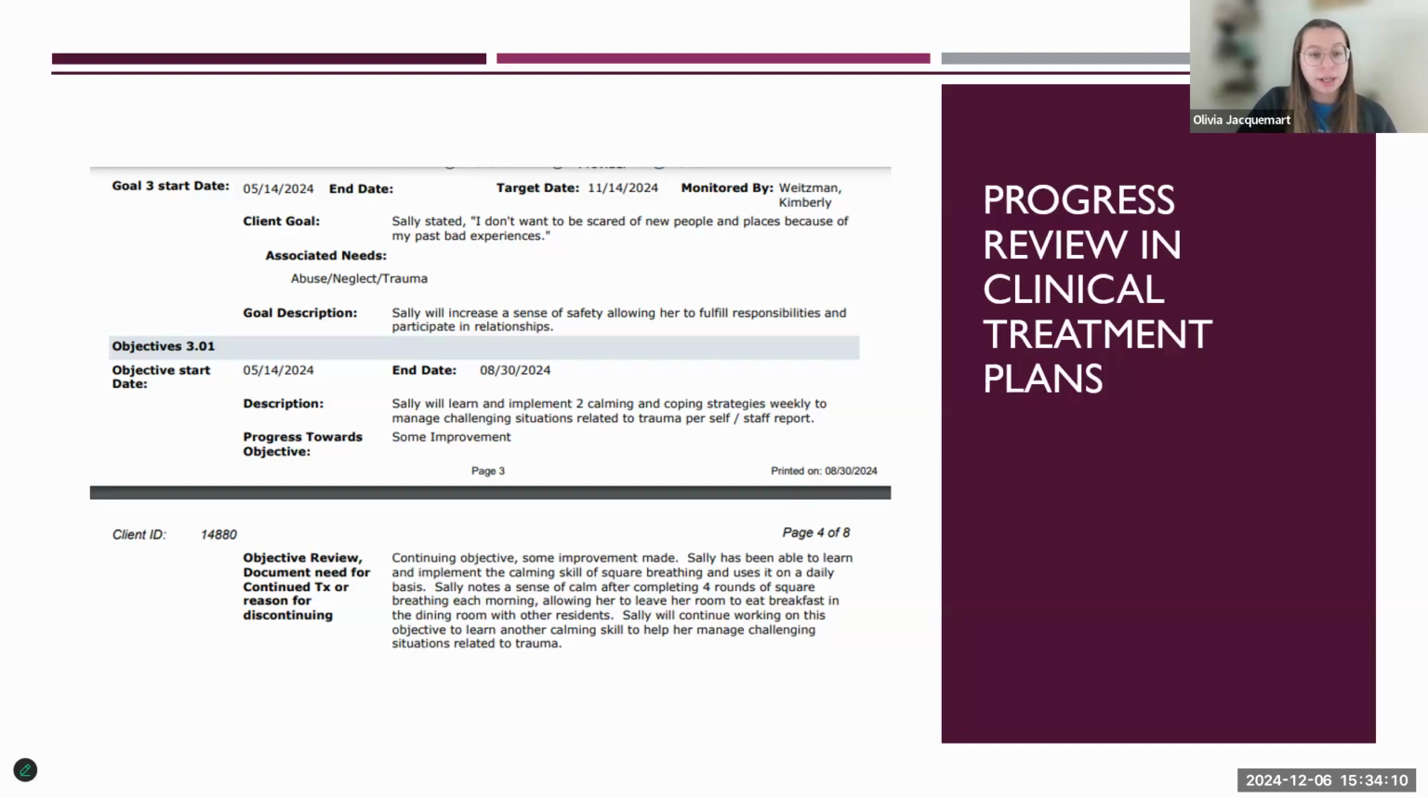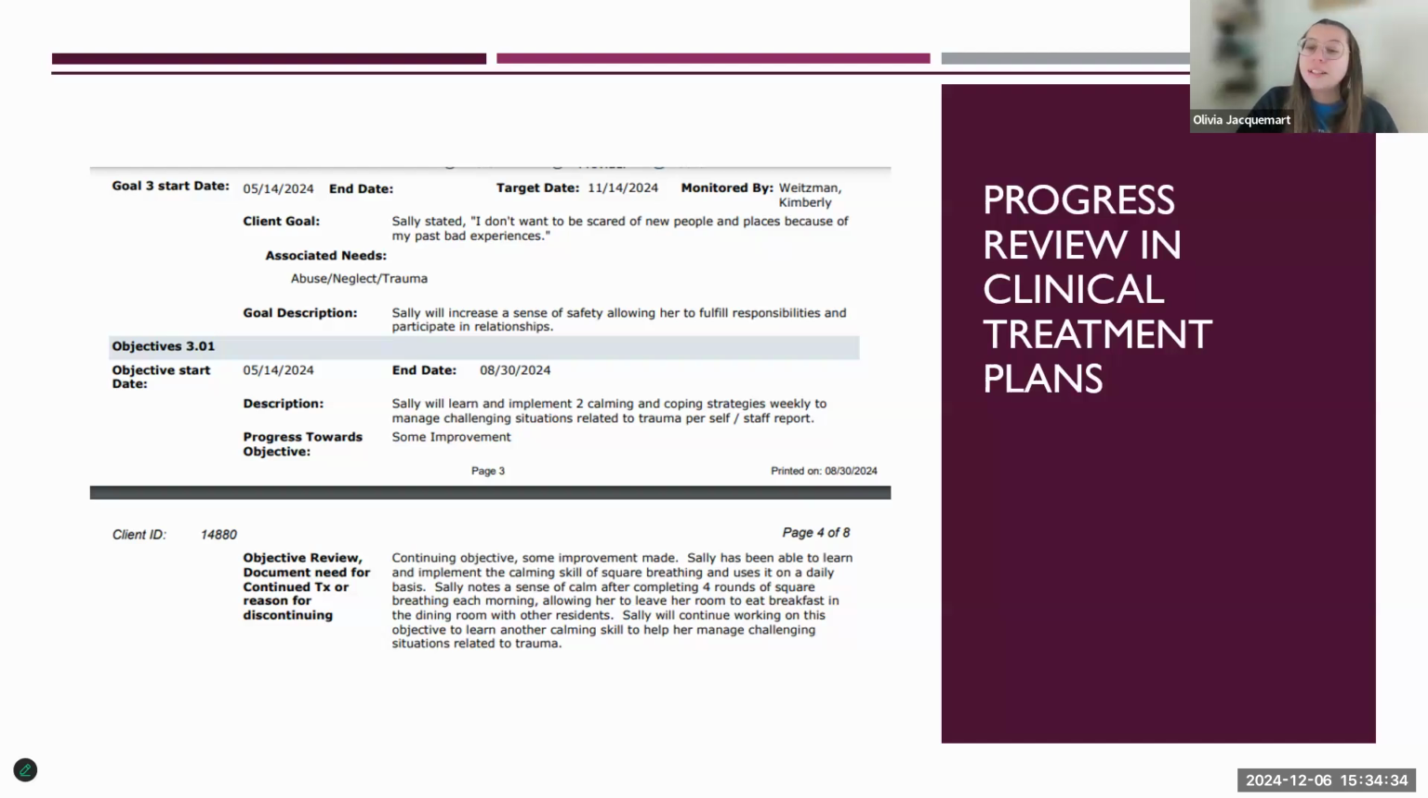Sally has been able to learn and implement the calming skill of square breathing and uses it on a daily basis. Sally notes a sense of calm after completing 4 rounds of square breathing each morning, allowing her to leave her room to eat breakfast in the dining room with other residents. Sally will continue working on this objective to learn other calming skills to help her manage challenging situations related to